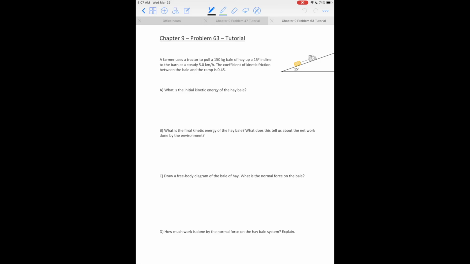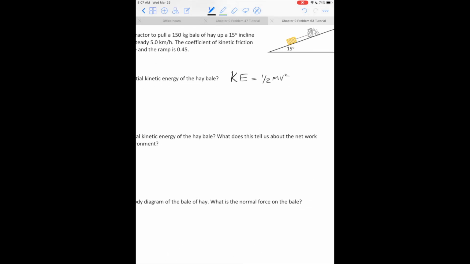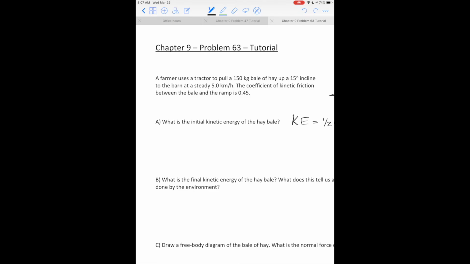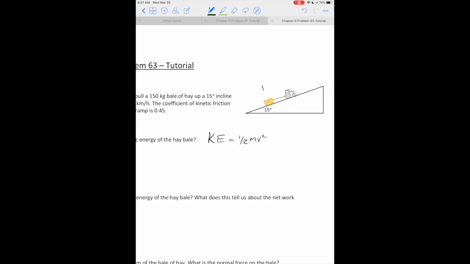So what's the initial kinetic energy of a hay bale? Well, we're always considering kinetic energy to be 1/2 mv squared, right? This is just something that we're developing in the pit of our stomach, in our gut, in our core. Kinetic energy equals 1/2 mv squared. Now this problem is a little unique. There's no true initial, no true final. So instead we're just saying initially, when we first look at this point, maybe let's say a 10-meter segment up this ramp,